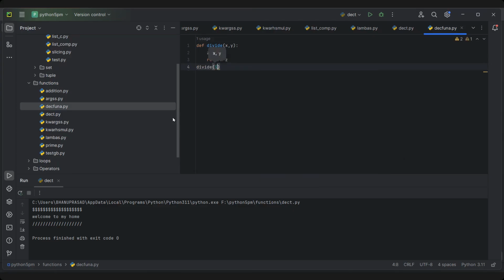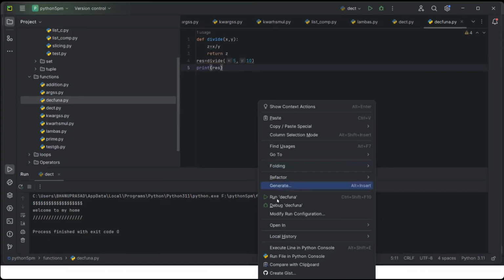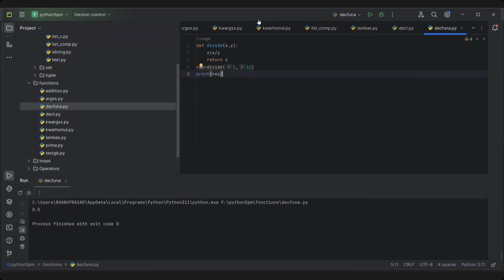Divide 5 comma 10. I'll store this in a variable, because when you are using return, you have to use a print statement. I got 0.5. When I use 10 here and 5 here,